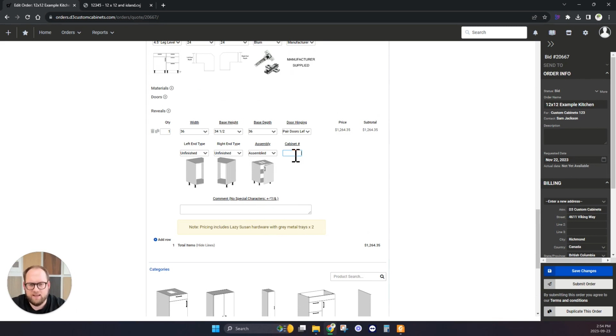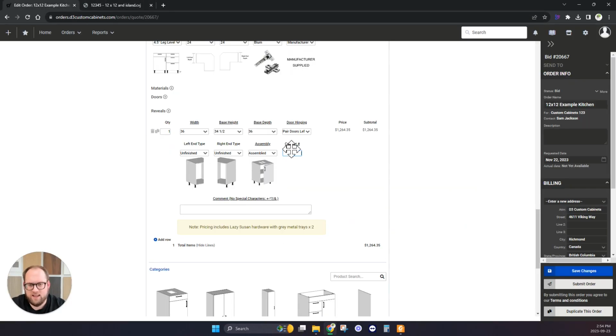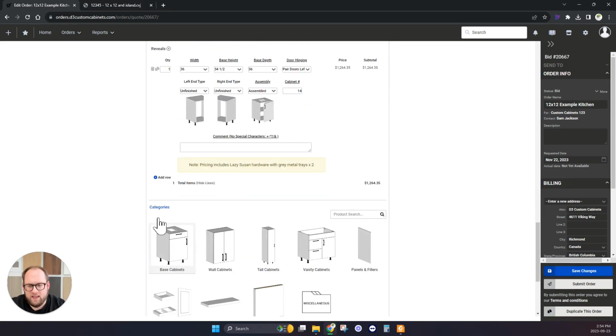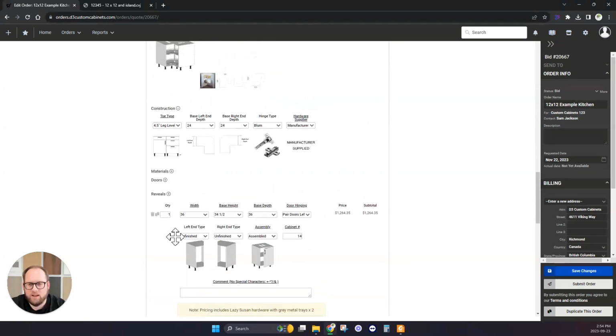So if my plans had cabinet numbers, like this would be number 14. I can enter that information right here. And then that information is going to appear on the label when you actually receive your order. So I can either add another cabinet by going here and adding, or what I can do is I can